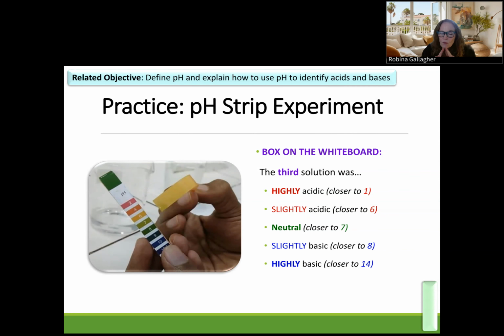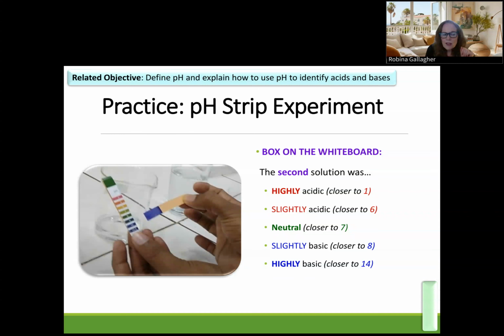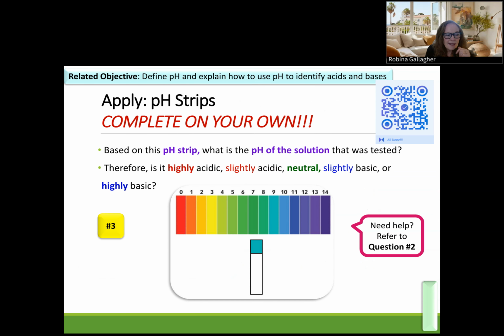And the reason for that was he was measuring drinking water, right? Water out of the tap. When I say that water is neutral, it has to be pure water, nothing else in there, no fluorine, no chlorine, nothing that you'd see in your tap water. It would have to be deionized water. And that's why his drinking water was slightly acidic, okay? So again, you just dip the paper in and you match it to your key,